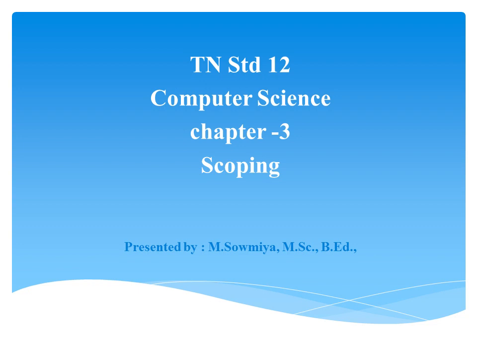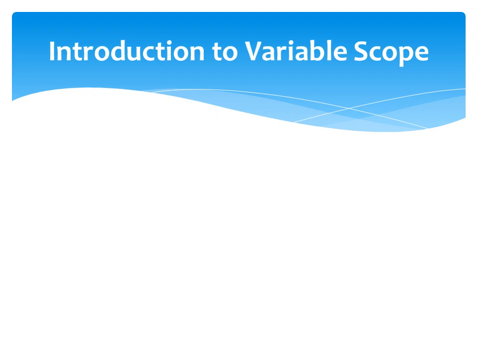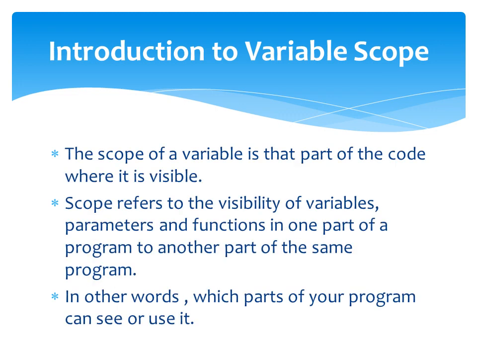Today we are going to see chapter 3, scoping. Let us see an introduction to variable scope with an example. Consider a project. A project consists of many modules. Each module is developed by different programmers. So each programmer may use different variables or function names. They may use similar ones, but there is no confusion in the program running because of the visibility we have given in the program. So let us see the definition of variable scope.